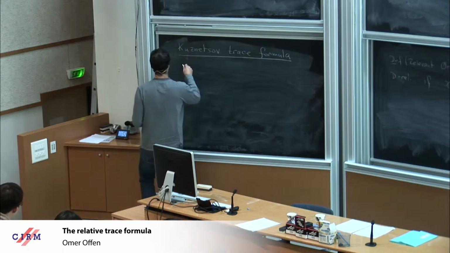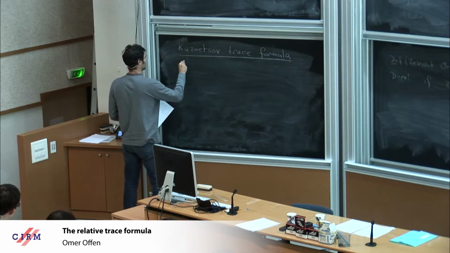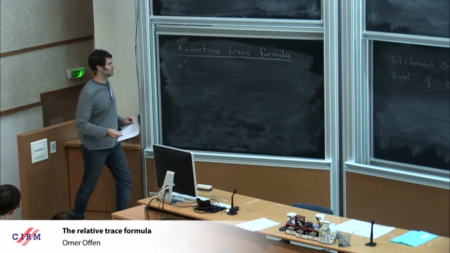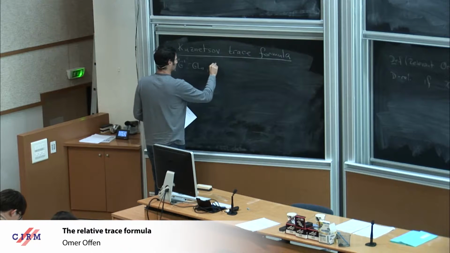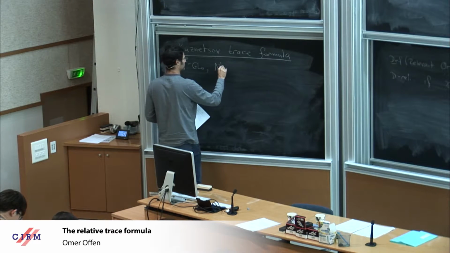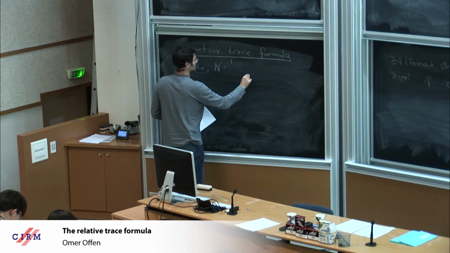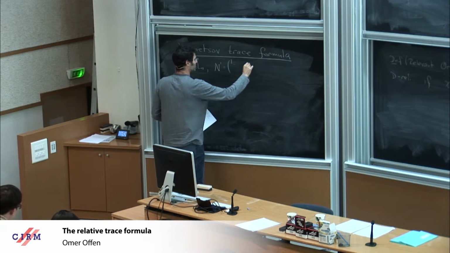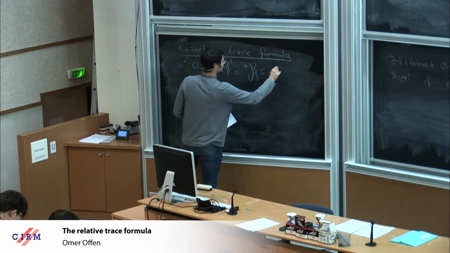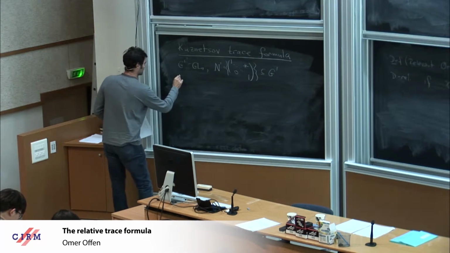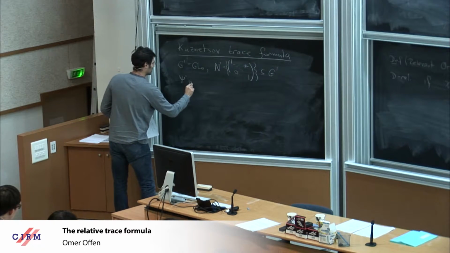I'm going to keep the primes everywhere for the D prime data. So G prime is GLN, N prime is the group of upper unipotent matrices inside G prime. And psi prime, the generic character of an element U,